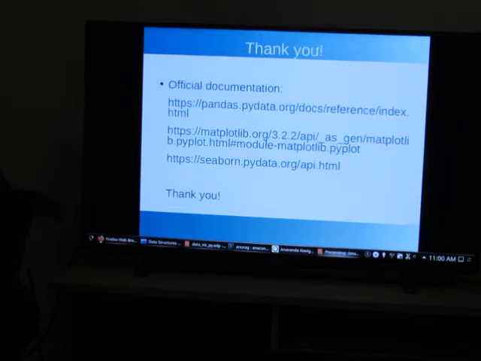And what I showed just now was just the very fundamental. For each of these functions, there are multiple optional arguments which you can pass according to your needs. And all of these can be found in their official documentation, which is very well written and maintained. And now I'll give a quick demo of these functions.